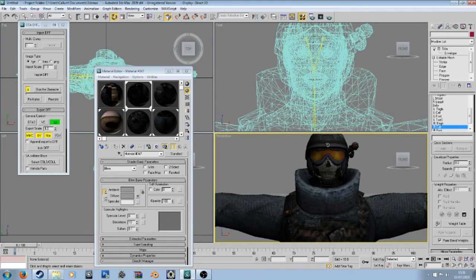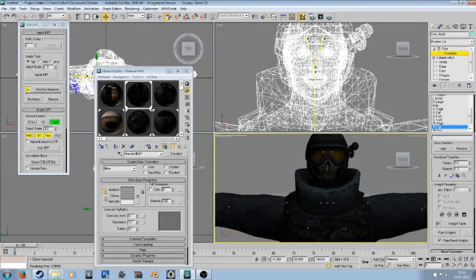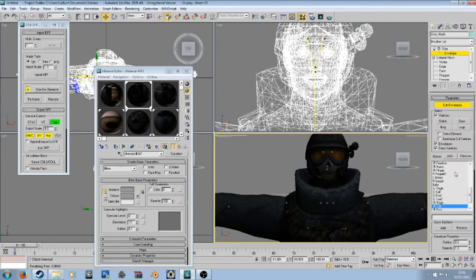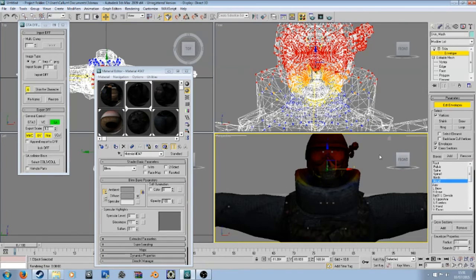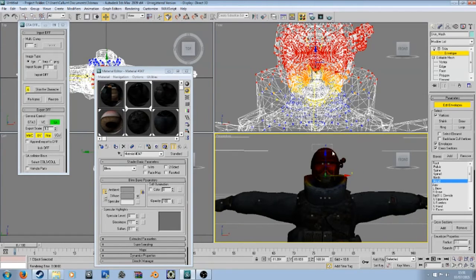But a little trick to help with this, to make sure you rig everything, is to go to envelope, go to head, and if you don't want to rig the model's mouth, like most modders don't, especially with one like this that doesn't have any mouth movement anyway because it's covered up, you just go like this